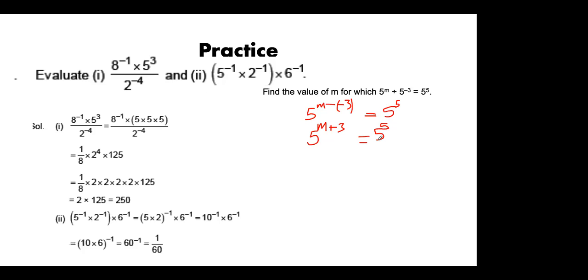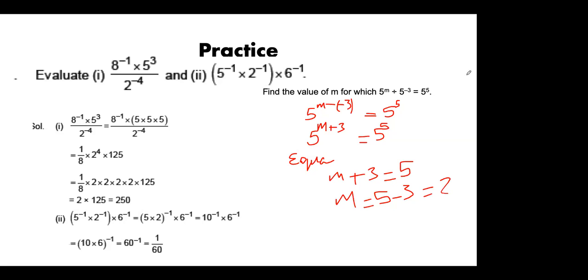In this question, what will we do? Since bases are the same and it is an equation, I can equate the powers. Bases are the same, so that means the powers should also be the same. So you will write one statement over here: since bases are the same, equating the powers. So equating the powers, you get m plus 3 equal to 5. Now you can solve for m. m is equal to 5 minus 3, 5 minus 3 is 2. So this type of question will be done like this.